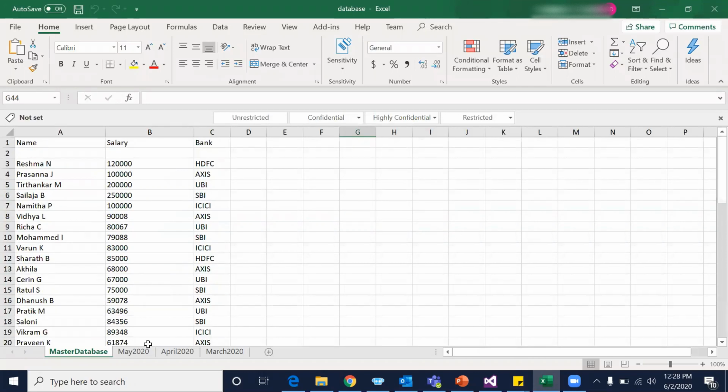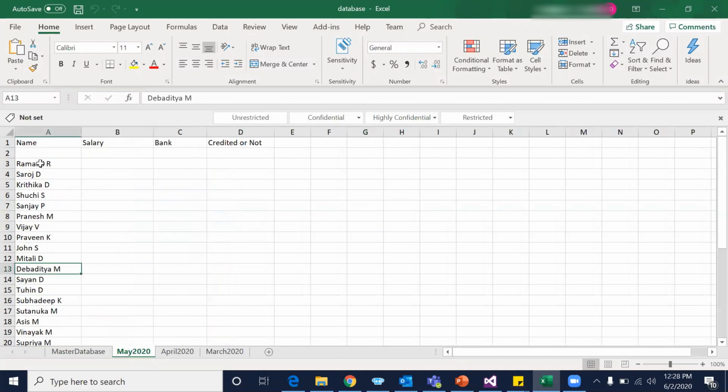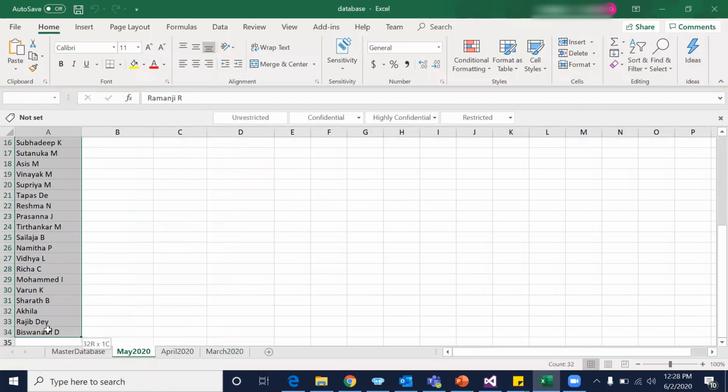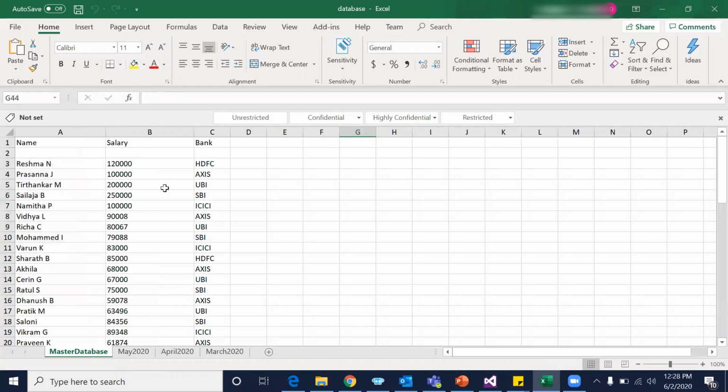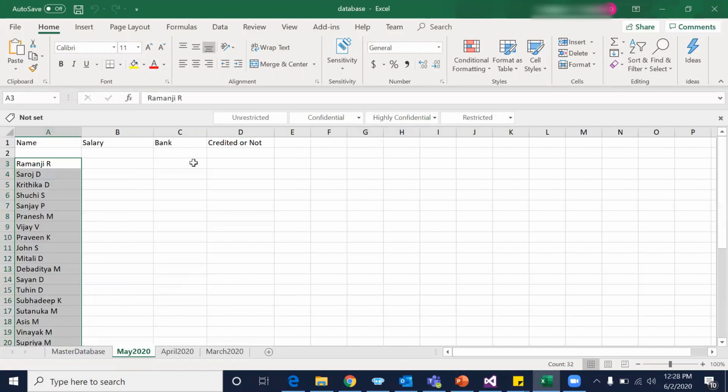Okay, so from there I have the list of employees currently working in our organization, 34 employees or so, right? In the month of June, for the month of May, we will take all the salaries and bank details from the master database and update everything in this particular sheet.